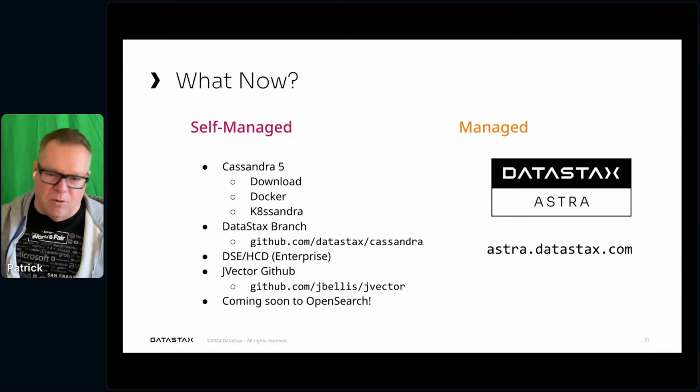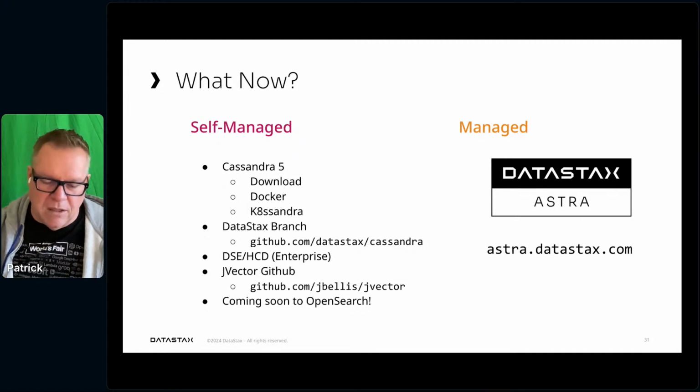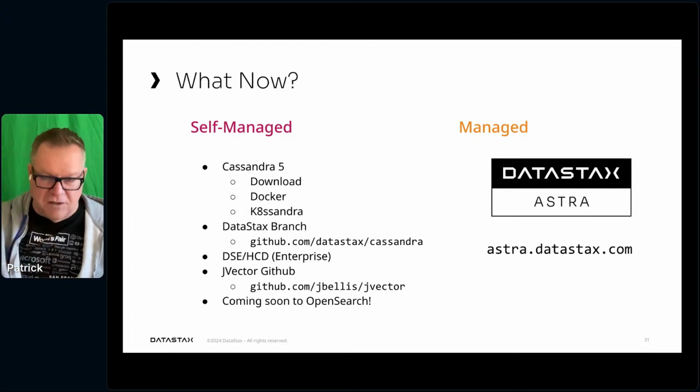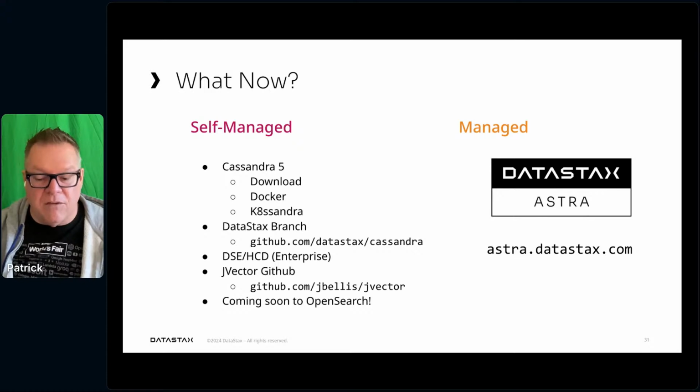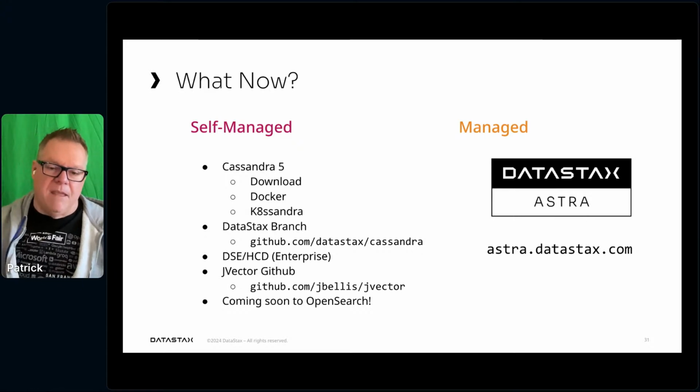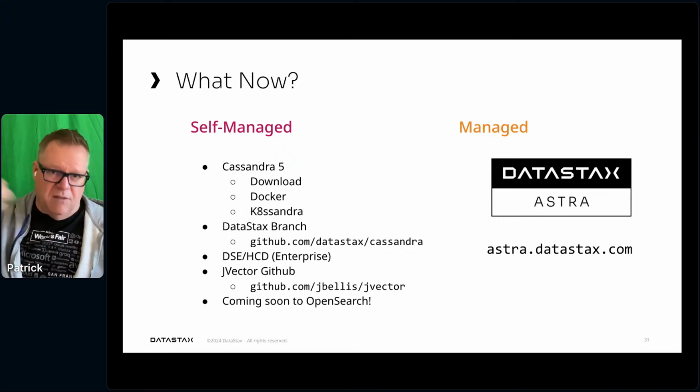On the right, first and foremost, Astra, that's our Cassandra as a service. We at DataStax spent a lot of time working on vector search. We're going to put the latest version of whatever we're working on right there. And it is Cassandra. It's the Cassandra code base, but it's running on a cloud. But we also keep it moving forward. The things that we do in Astra, we upstream to the Cassandra project for every version,